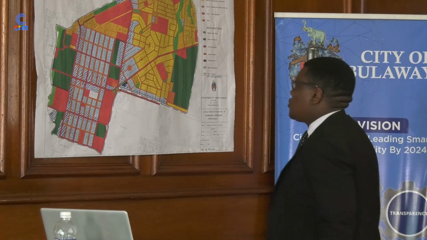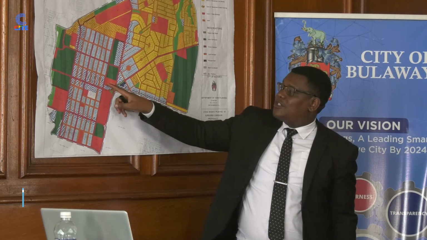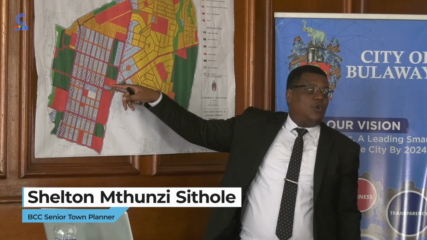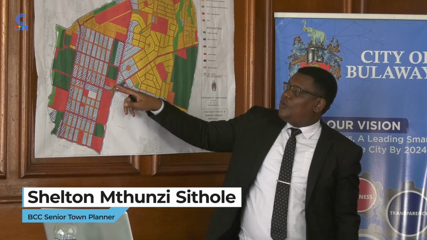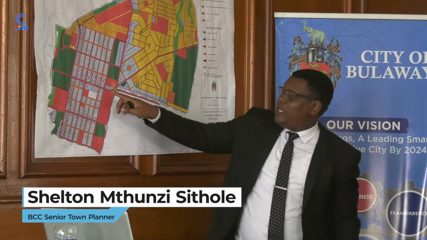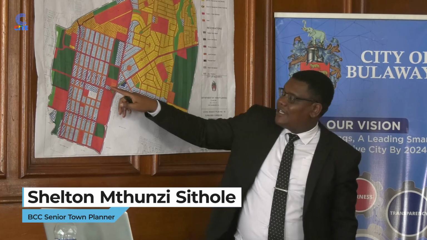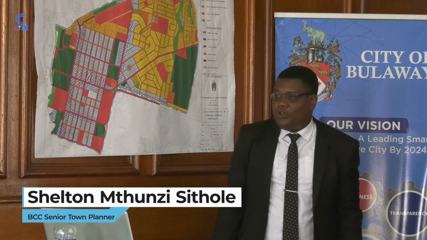Then we also propose that a 15-meter road be opened up to access the new hotel site and other properties to the northwest of Ascot's intersection. So those of us that know Ascot, the intersection, there is a proposed hotel site just close to Iwoki Stadium. Then, because of that hotel site, we have proposed that we have a 15-meter road, which is going to access that hotel site and the commercial activity that we have put there.